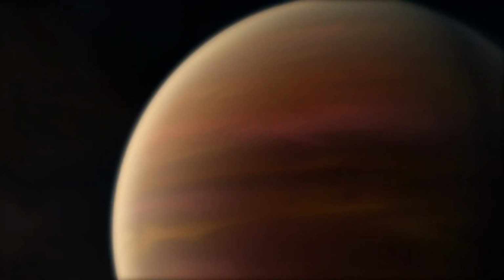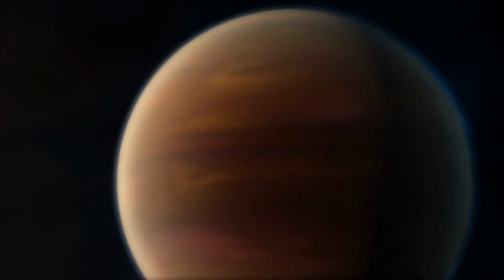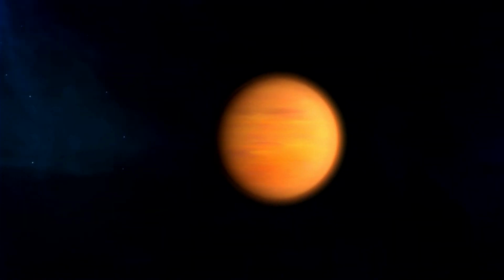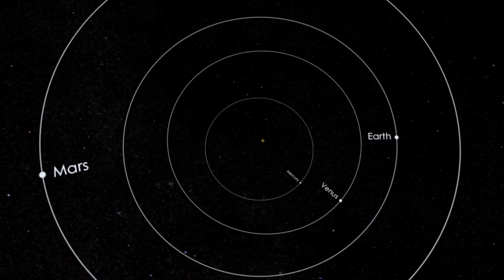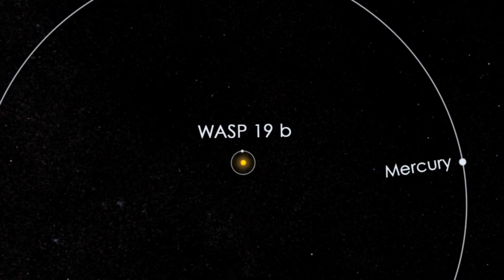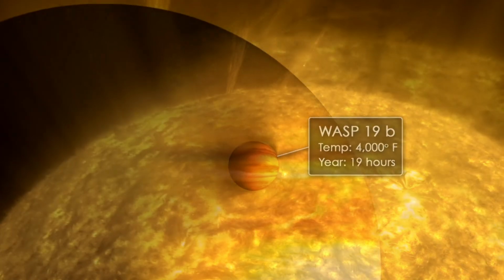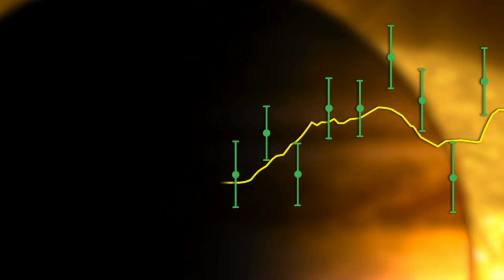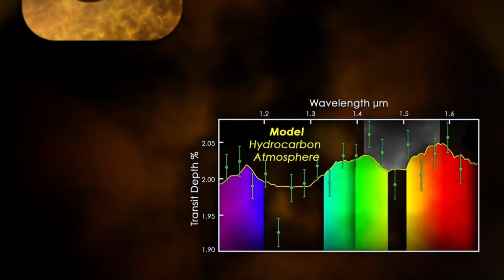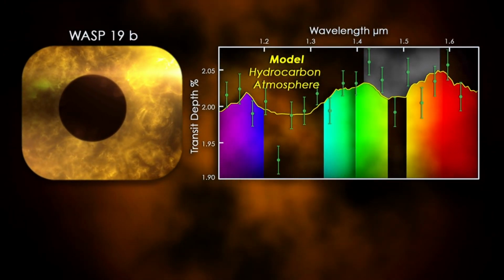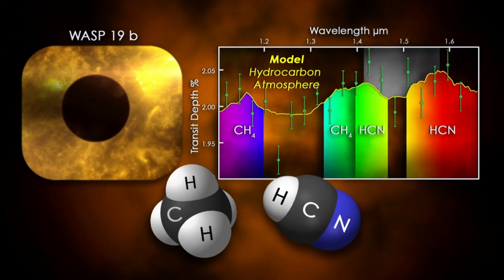Recent studies suggest that exoplanets and their atmospheres come in a wide variety. At one extreme are hot Jupiters like WASP 19b, a boiling gas giant that orbits its star far closer than Mercury orbits our Sun. Visitors who could survive the heat might complain about the air quality. Planet WASP 19b's jagged transit depth curve suggests a deep atmosphere of poisonous hydrocarbons, with methane and hydrogen cyanide far